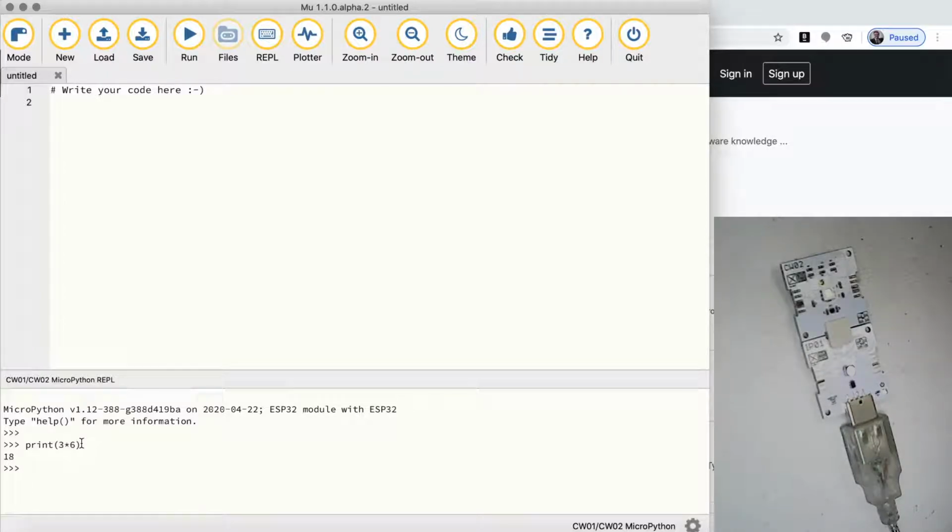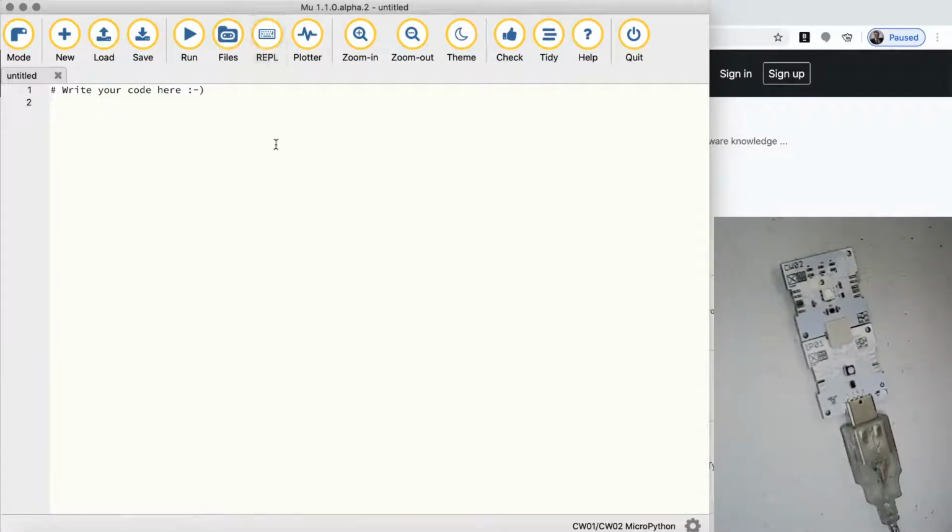I wouldn't say we necessarily have made a program, but I'm coming back to that. So that is the CW2. Before we continue with the CW2, let us get the